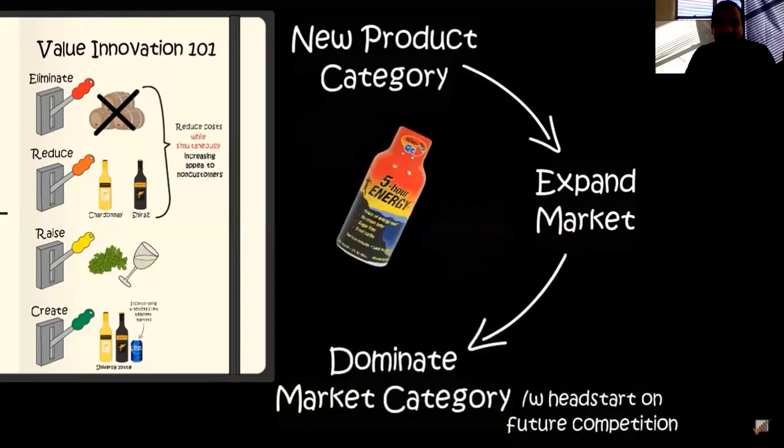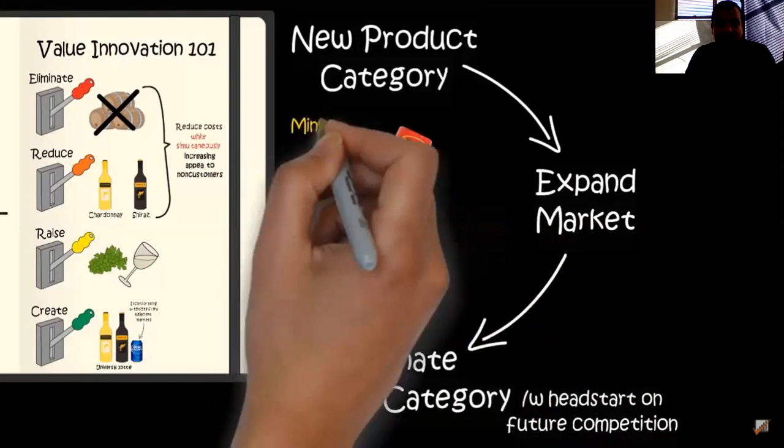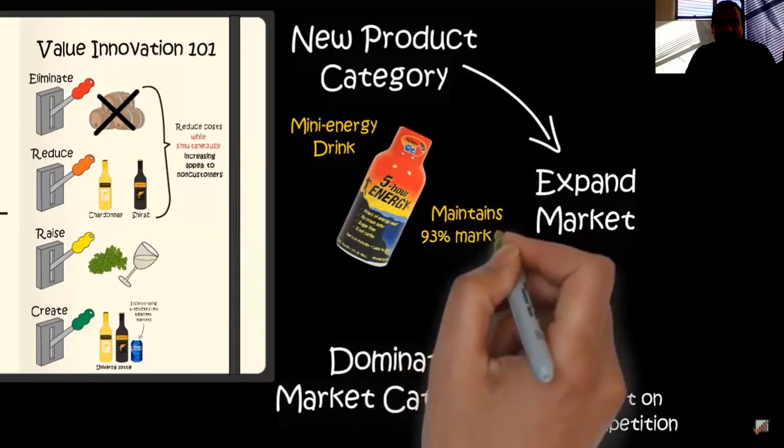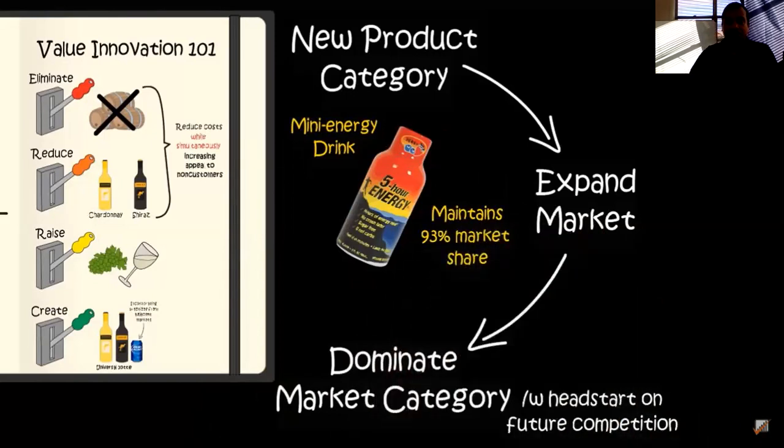Another blue ocean business example is 5 Hour Energy, the mini energy drink that you see on the counters of almost every convenience store. 5 Hour Energy created the new energy drink market of 2-ounce bottles, and it maintained a 93% market share of that market category, despite competition from major competitors like Coke and Red Bull. Because they created the category and got out to a huge lead on future competitors, they continue to dominate that